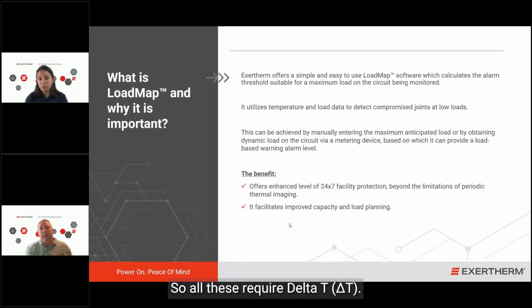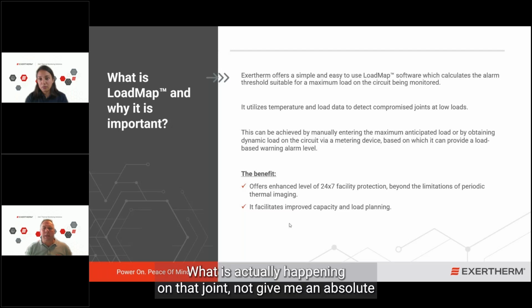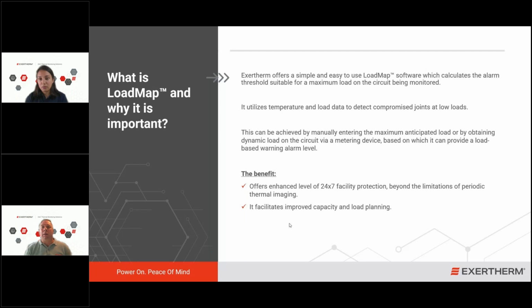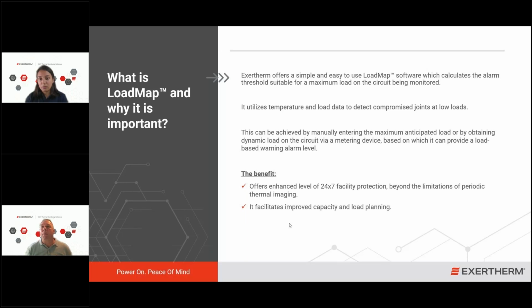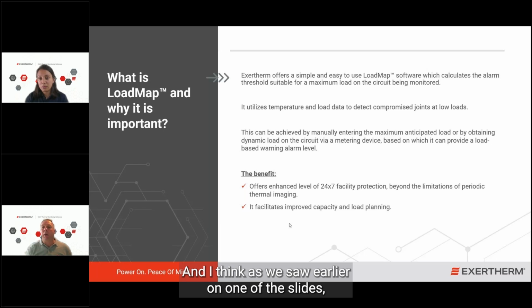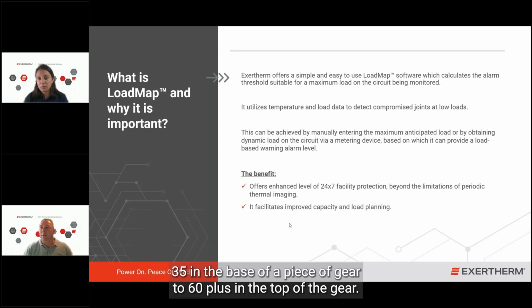So all these require delta T. It's needing that difference between our connection point and its surrounding ambient. What is actually happening on that joint? Not give me an absolute and I'll try and correlate to maybe an internal, maybe an external temperature. And I think, as we saw earlier on one of the slides, that ambient can swing between maybe 30, 35 in the base of a piece of gear to 60 plus in the top of the gear,